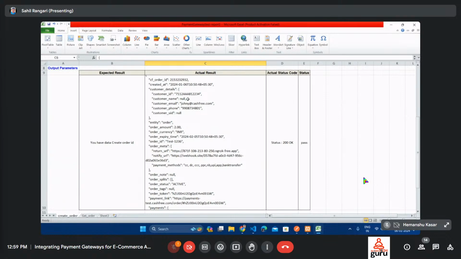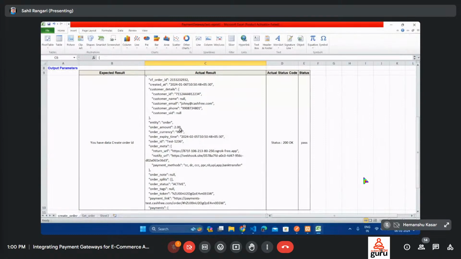It creates the customer ID which we entered here. We didn't add the name here, so it shows null. We just added the email and the phone number of that particular customer ID, and we didn't add their UID either, so it shows null. And then further, that entity